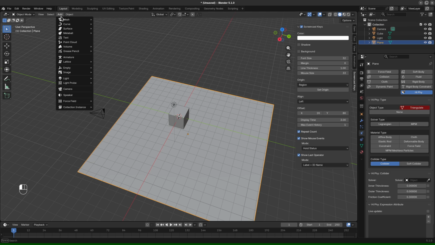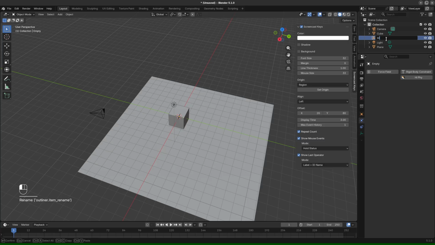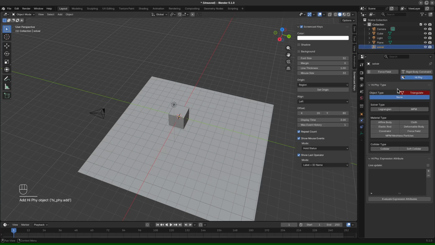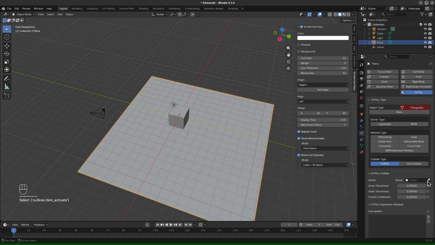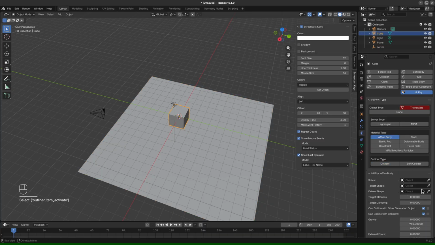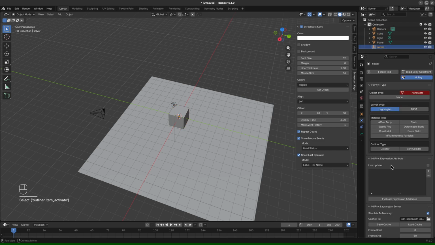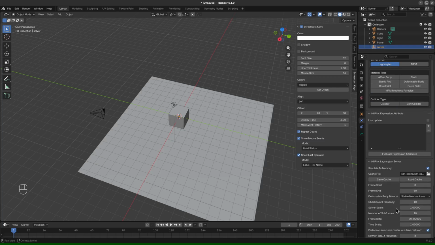And a solver object can basically be anything you want. To make things simple, we're just going to have an empty plane axes here, and we're going to rename it solver. And we're going to choose Lagrangian solver. Lagrangians are for cloth, rigid body, and hair and all that stuff, while MPM is for material point method particles. In this case, it's going to be a Lagrangian. We're going to choose the solver as the object for both. All right, there it goes. And if we run the simulation,